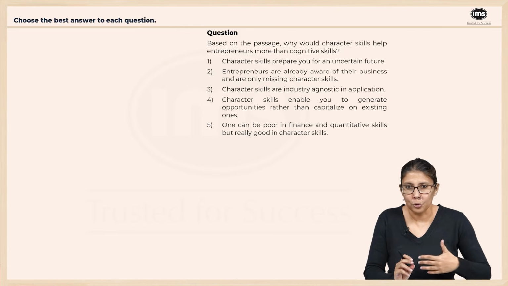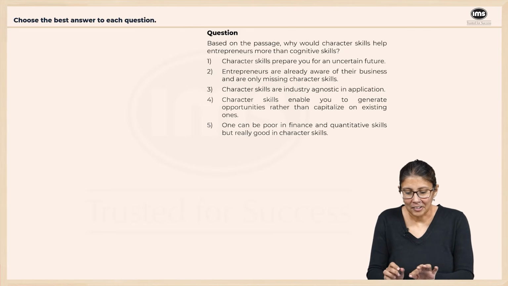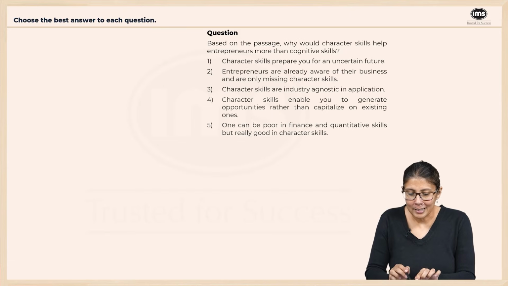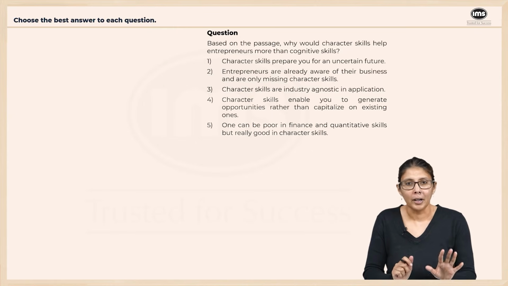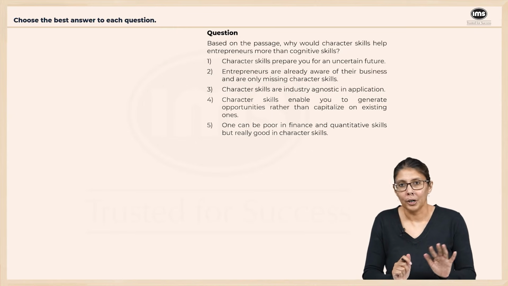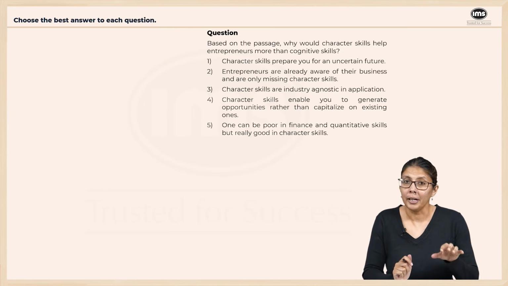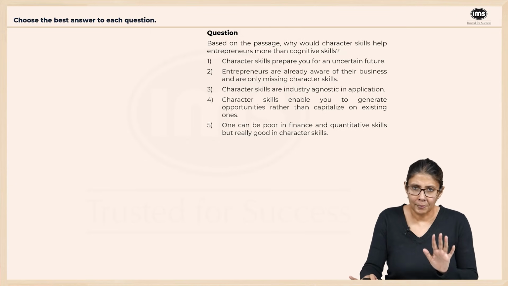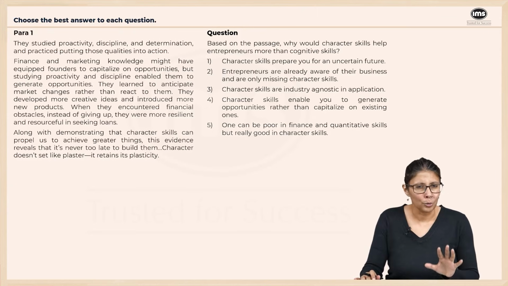I mean, it requires you stretching the data in order to understand what the answer is. Based on the passage, why would character skills help entrepreneurs more than cognitive skills? See, the text does not tell us that. It just tells us what are the cognitive skills that they worked on and what are the character skills they worked on. It also tells us what was the business impact of those character skills. So, we will take a look at the data, but as I said, you do need to read into it